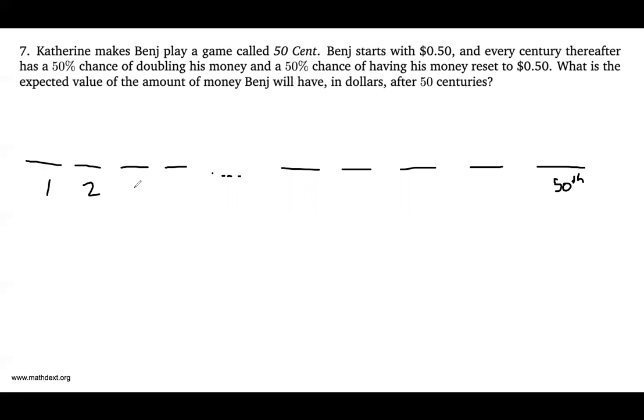So let's say this is the first state, second state. I'm going to label some of the rounds. So this is 49, this is 48, this is 47, this is 46. And you can imagine this is a list of 50 outcomes where each outcome is a double or a reset. So that leaves us with the question, well, what's the probability that the last reset comes on the 50th turn? So let me make a table. Last reset: 50. Now, what's the probability that this happens?